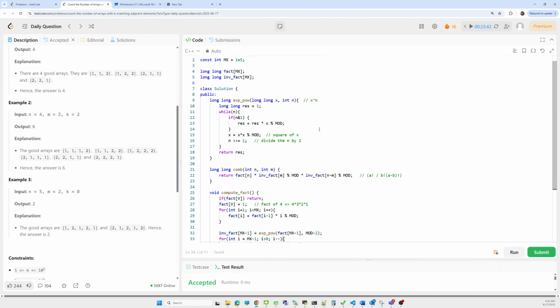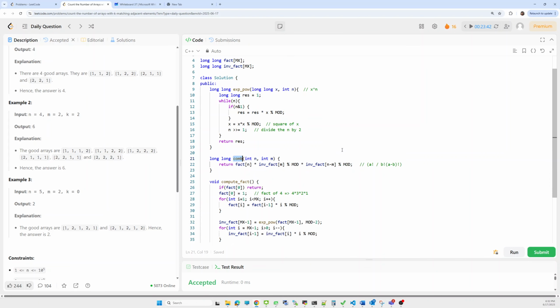Now for calculating the combination, it will give me a factorial divided by b factorial times (a minus b) factorial. So we first get n factorial, times k factorial inverse, because we are taking the inverse factorial, times (n minus k) factorial inverse. It will give me the number of combinations.